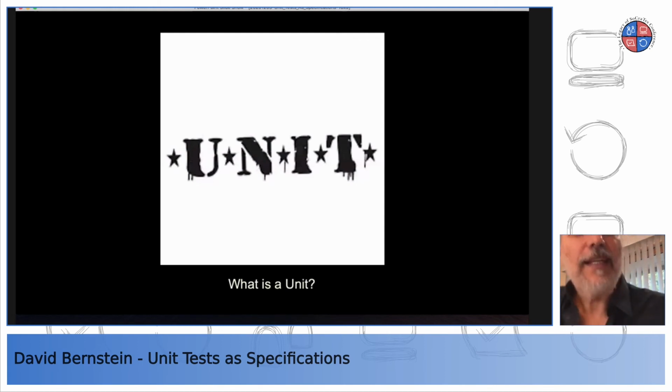So we said that a test is not a test, and a unit is not a unit as well. And this is, I find, a real key misunderstanding in developers. People think that a unit is a unit of code, so they argue whether it should be a line of code or a method or a class. And I know lots and lots of developers who absolutely insist that every single one of your production methods should have a test method, and every single one of your classes should have a test class. This is not true. Do not do this, because if you do this,